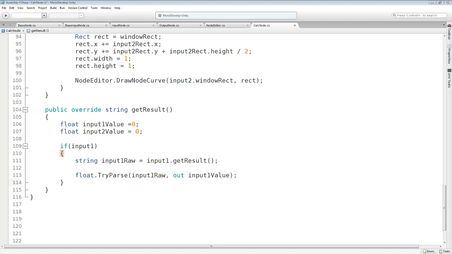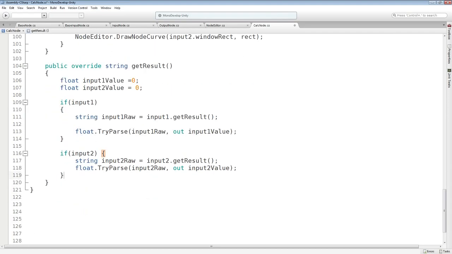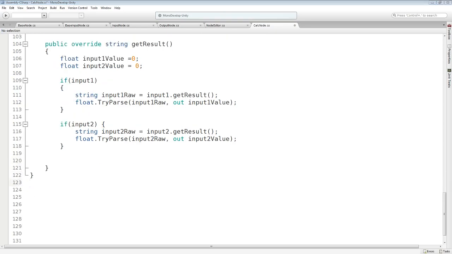So input 2 is exactly the same, so copy paste all that and simply change every 1 to 2. By default our result will be false,